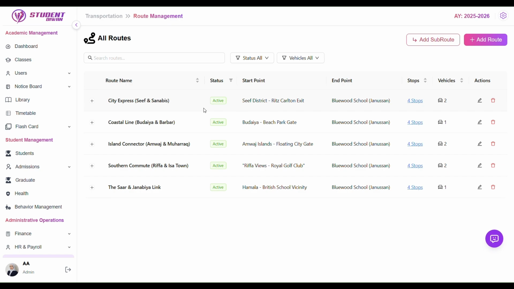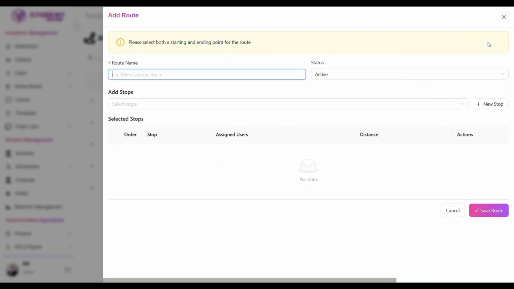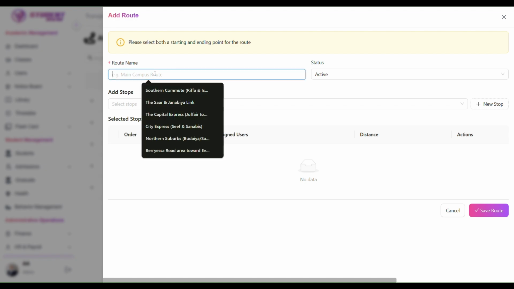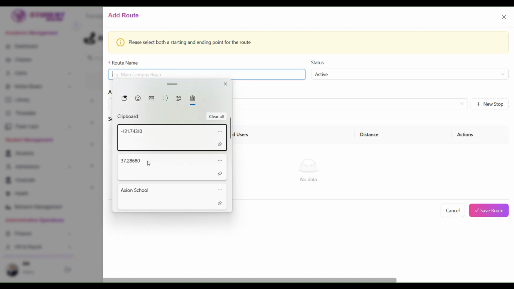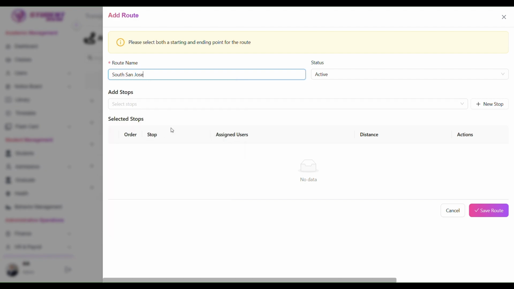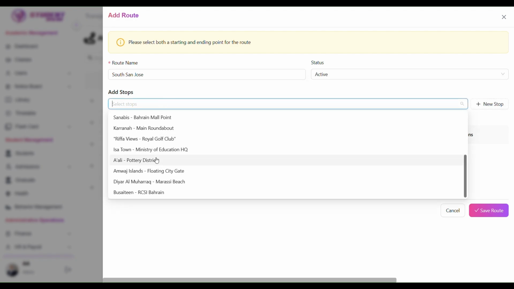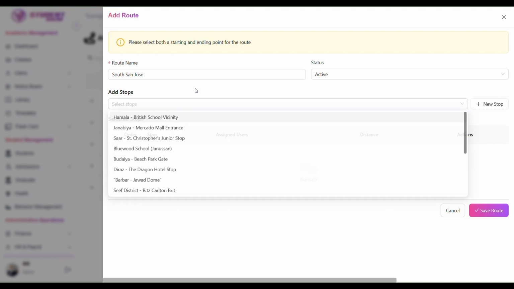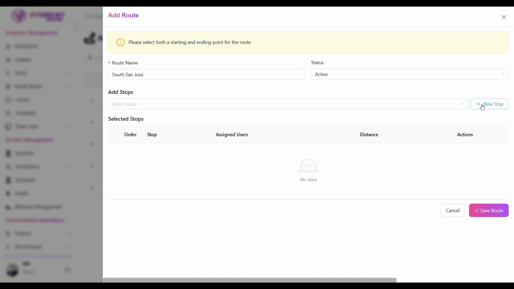For that, let's create a new route. Click on this Add Route button. Here, give a name to the route. Let's paste a name here of the route name. Then select the status. Then add the stops. Here you can add the stops from the existing stops available here, or you can directly add a new stop